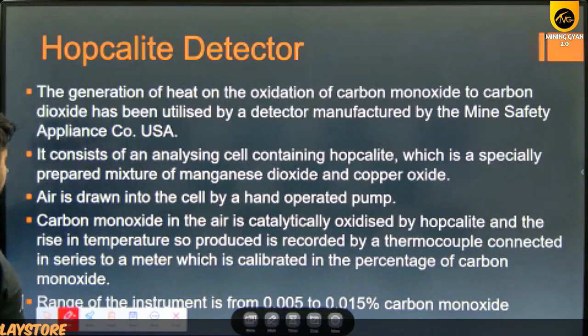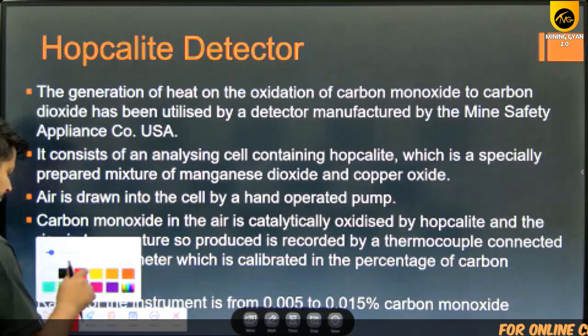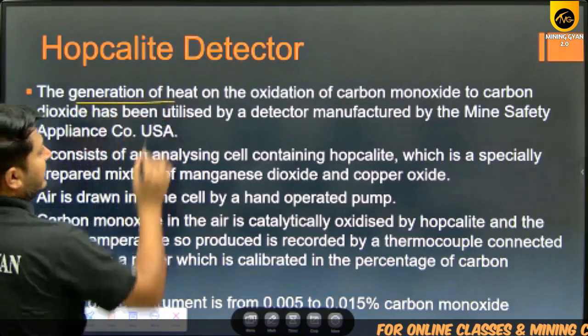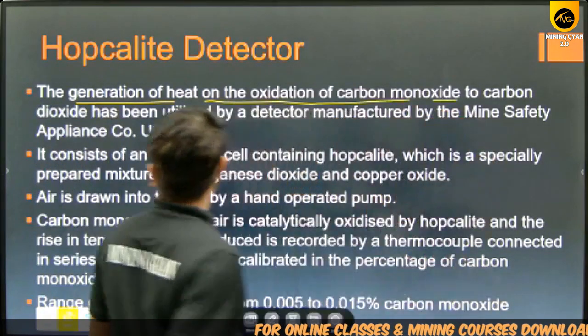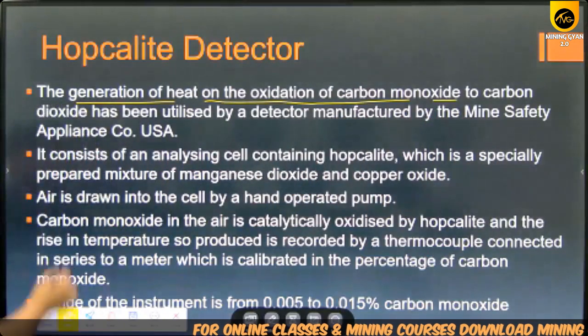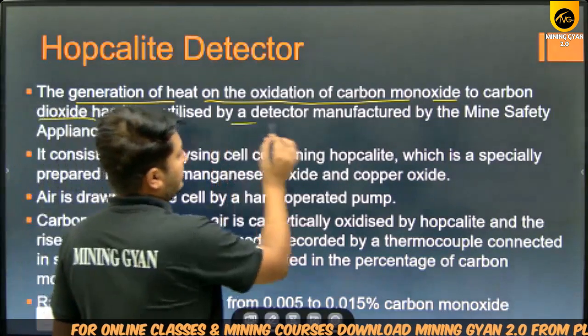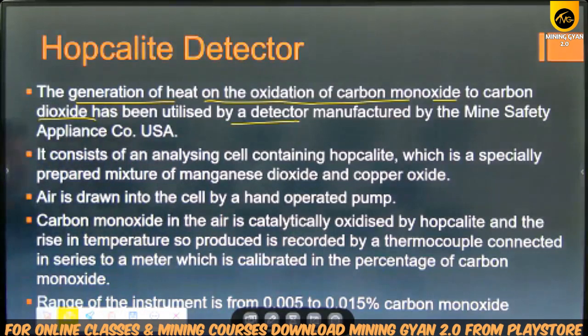Now, if we talk about the hopcalite detectors, okay, the generation of heat on the oxidation of carbon monoxide to produce carbon dioxide has been utilized by a detector manufactured by Mine Safety Appliances Corporation, USA. Okay, basically